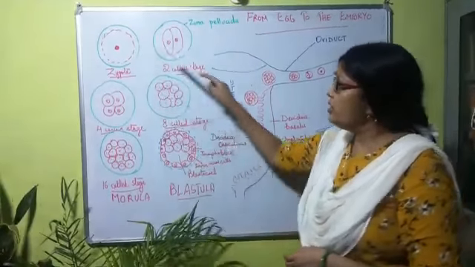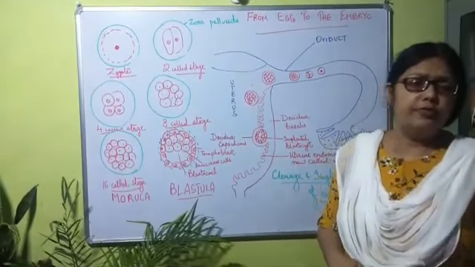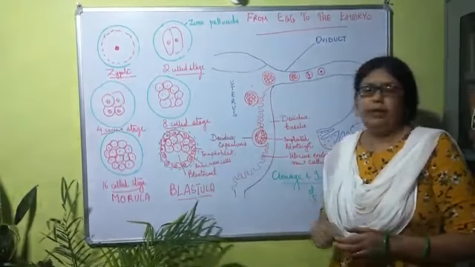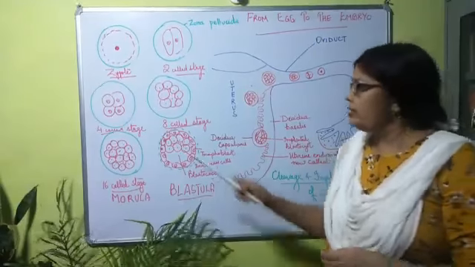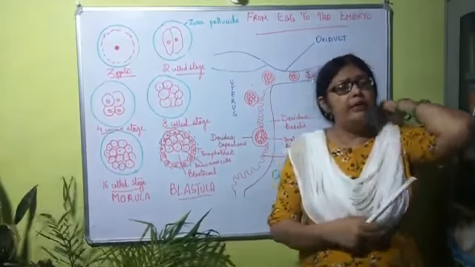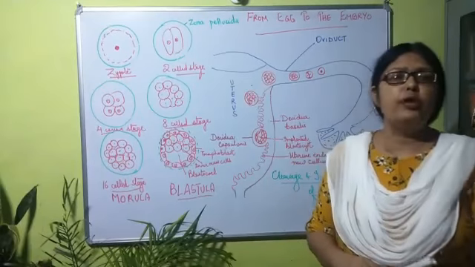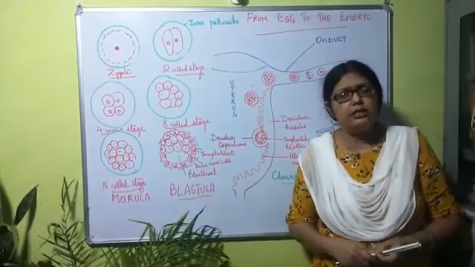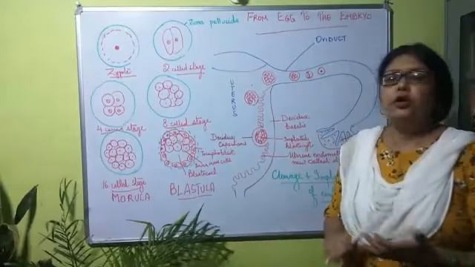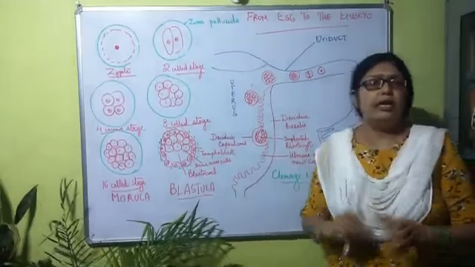Just before this, you can see this layer, I have drawn it with green. This is the zona pellucida. Just before the zona pellucida disappears, the morula will develop into the blastula. So before developing into the blastula, this zona pellucida disappears. Then during implantation at this morula stage, it produces a hormone which is known as HCG. HCG is human chorionic gonadotropin hormone, and this hormone helps the morula in implantation in